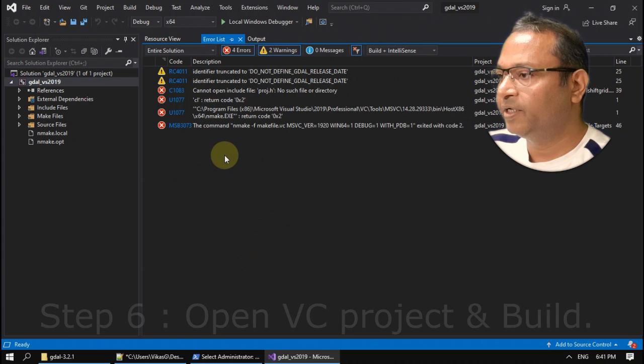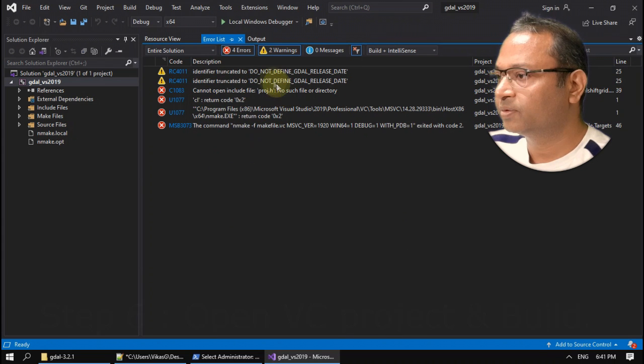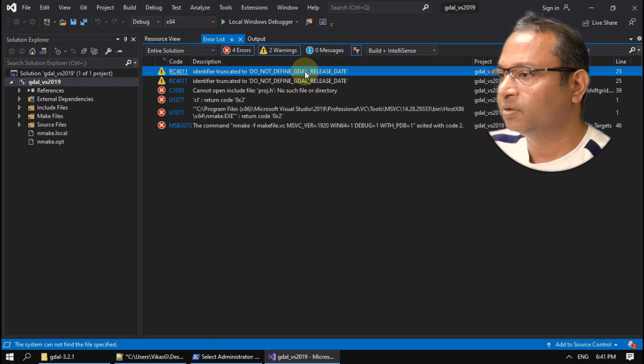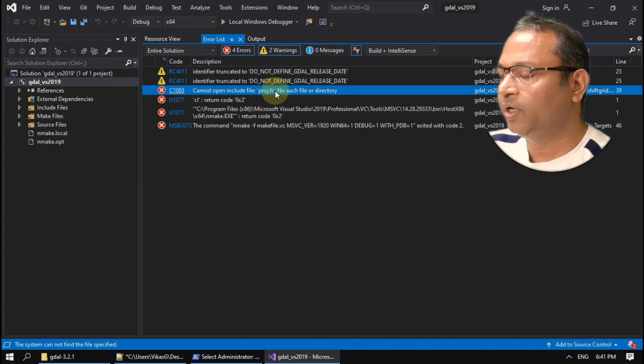Oh, here it is showing some errors. Do not define GDAL release date. Identifier truncated. Cannot open include file proj.h. So here it is showing an error, cannot open include file proj.h.